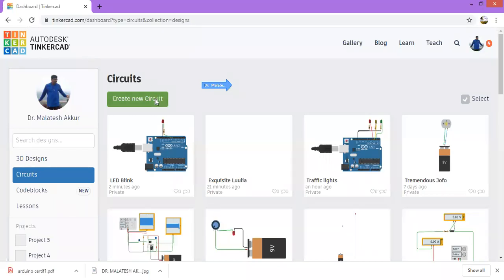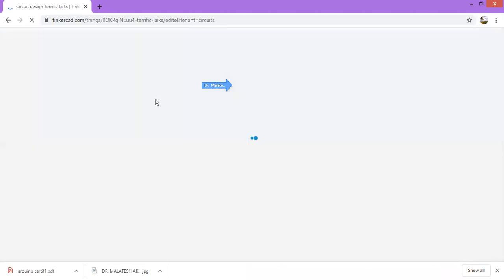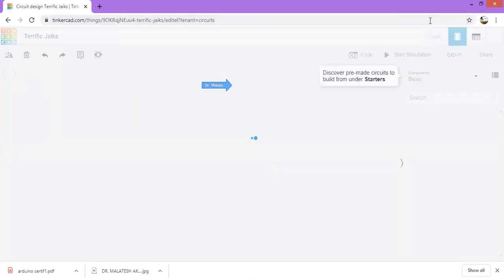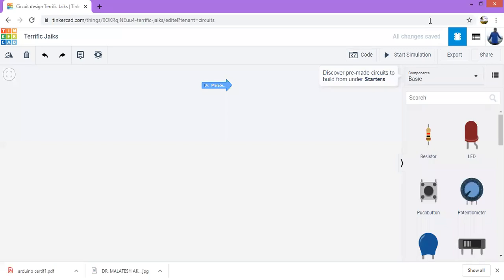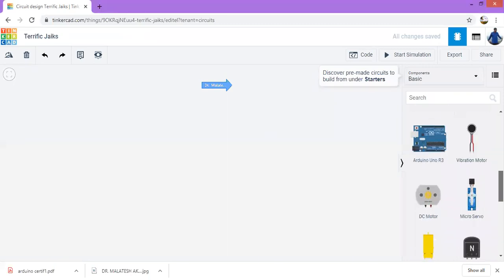For the new users, I'll show you how to connect the Arduino board in a new design. Just scroll down this.